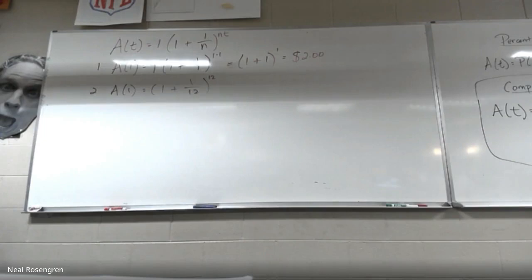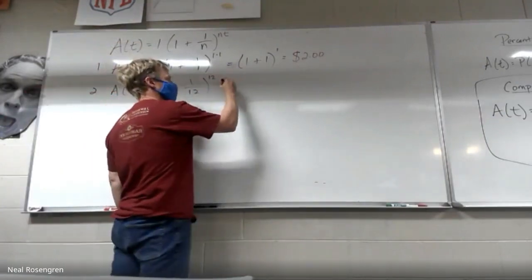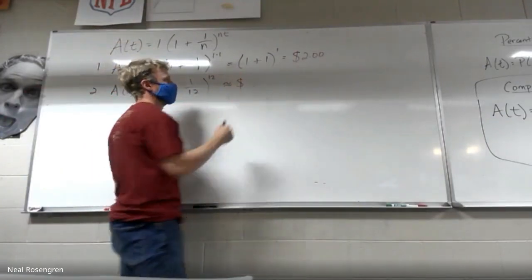Here's where I'm going to start needing your help. I still want you to write this all down, but if you can type it in for me, because we had some issues with people typing it in wrong during 6, and it actually helped people figure out what they're doing wrong, so it was kind of nice. If a bunch of us type it all in, we make sure we get the same answer. We can round. It's probably going to be some kind of decimal. I just want to see what happens.